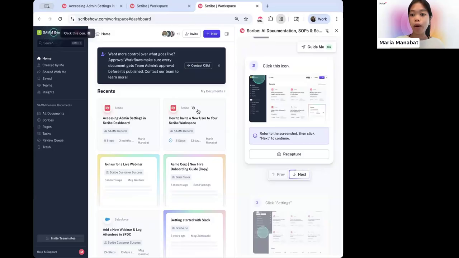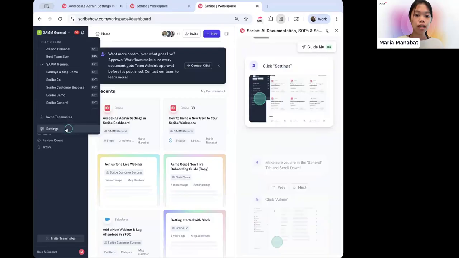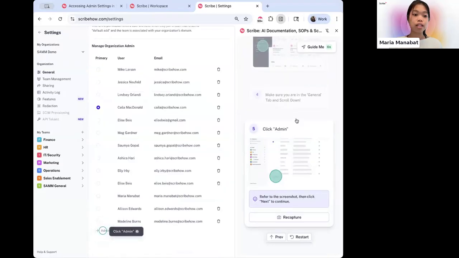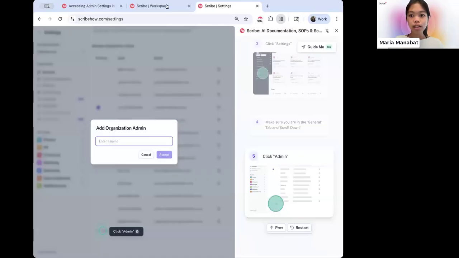As you can see, it takes me through step by step and pops up on the screen itself. So that click target pops up. I'm able to click on it. And it takes me step by step through what that looks like on the user end right here. And right here, I do have a step without a specific screenshot, so I'm just going to click next. As you can see, it takes me to that next step where I'm able to click admin. Awesome. This is especially helpful, again, for those more complicated steps.